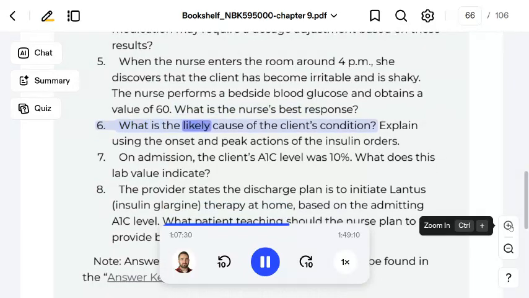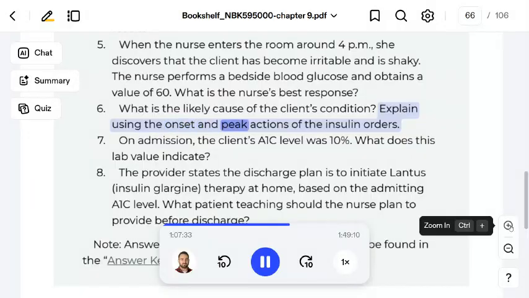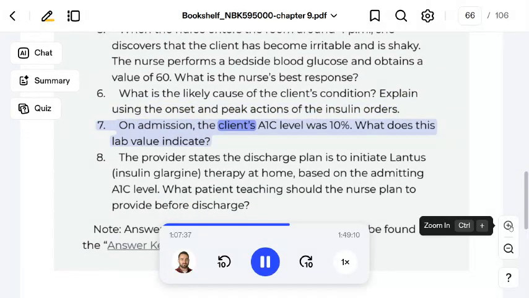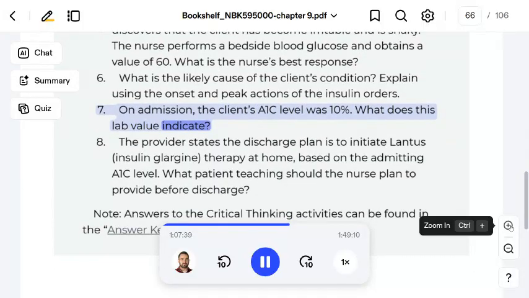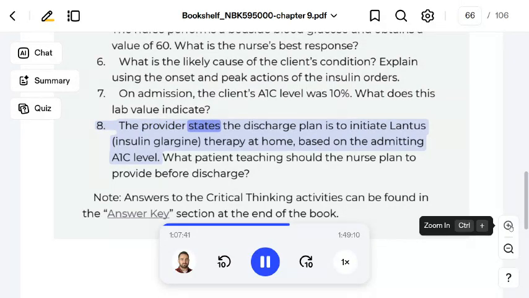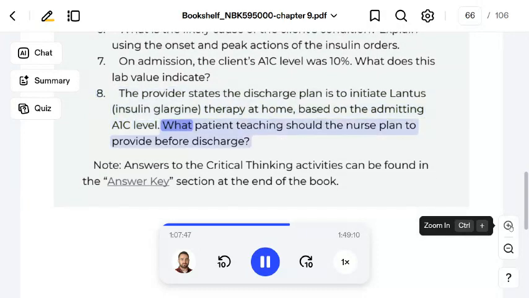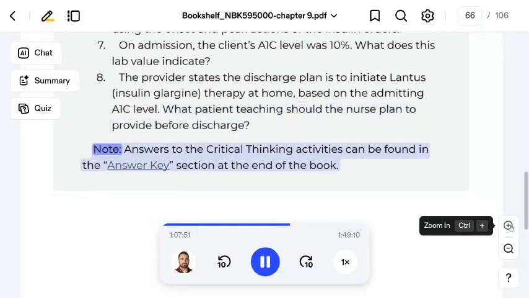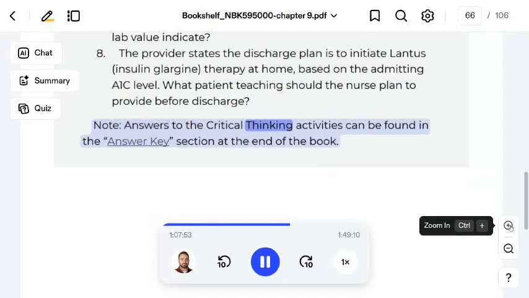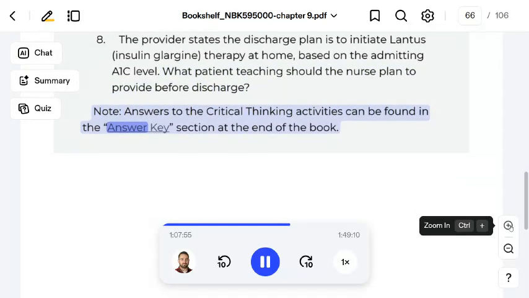6. What is the likely cause of the client's condition? Explain using the onset and peak actions of the insulin orders. 7. On admission, the client's A1C level was 10%. What does this lab value indicate? 8. The provider states the discharge plan is to initiate Lantus therapy at home, based on the admitting A1C level. What patient teaching should the nurse plan to provide before discharge? Note: answers to the critical thinking activities can be found in the answer key section at the end of the